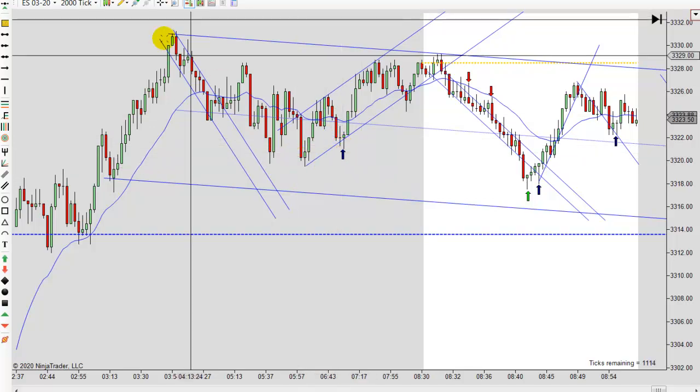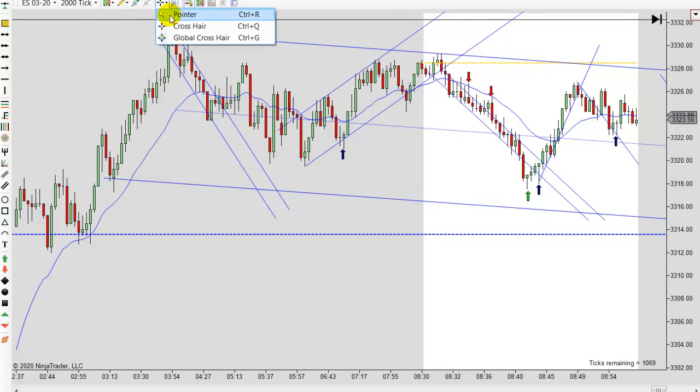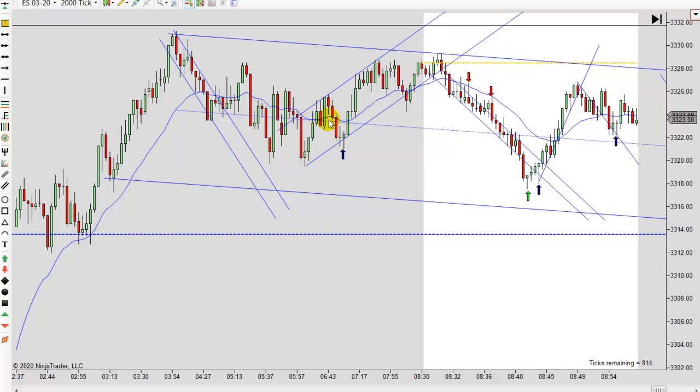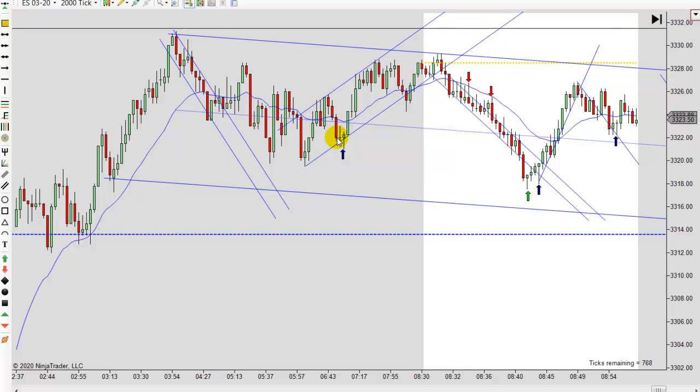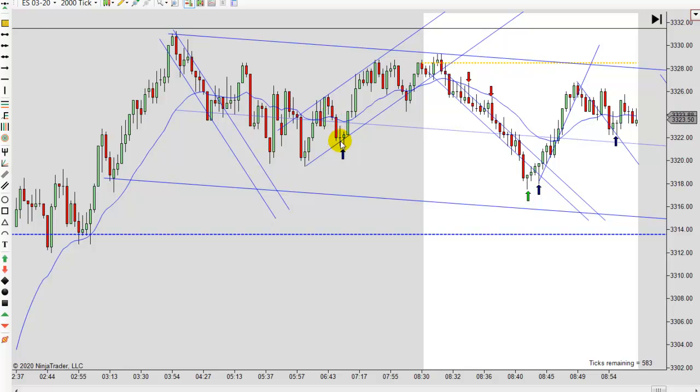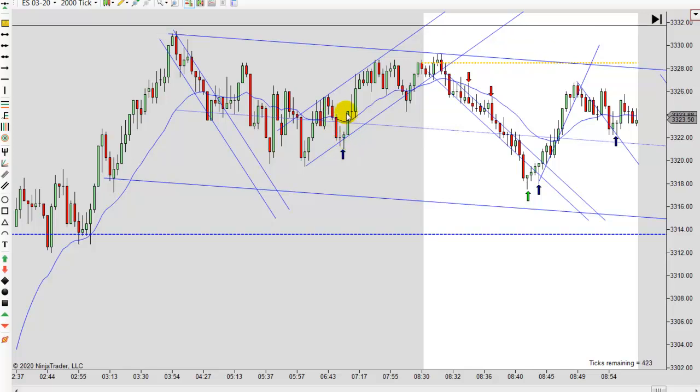And you can see that we got some support here, a little double bottom. And then we got a failed second entry short. Notice that new low. You're moving up, first entry, and then you make a second entry short right there that reverses real quickly. This probably moves more than 4 ticks, but I'd still look at that like a reversal and look for that to run back up